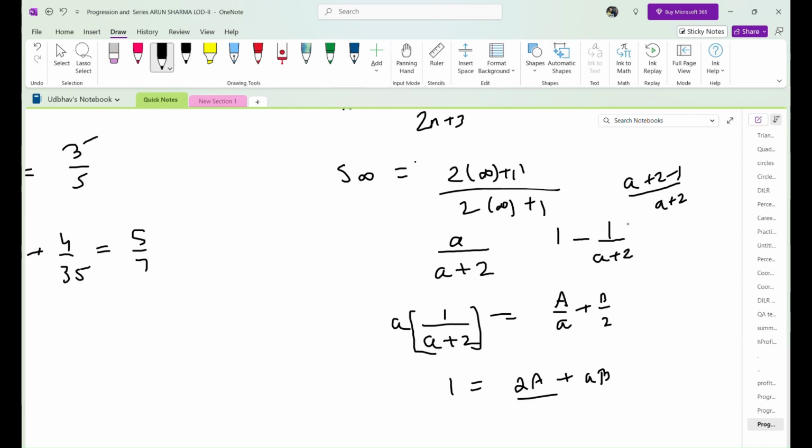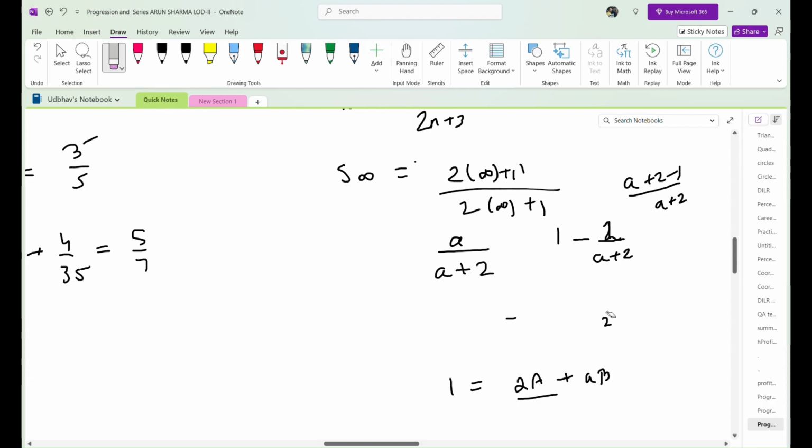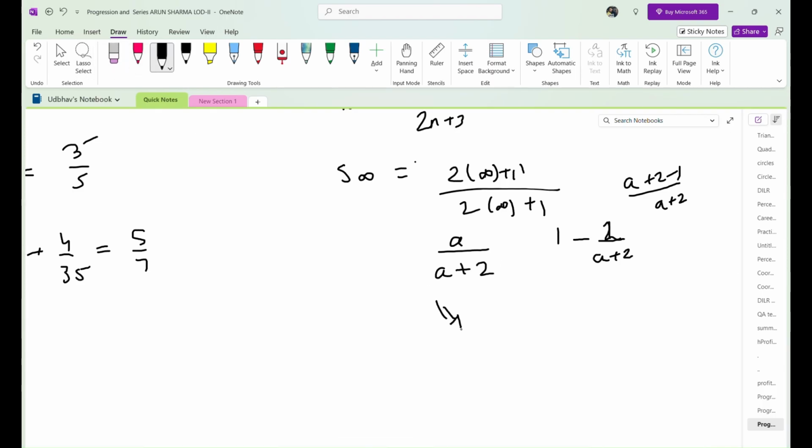We are getting 1 extra. We can add 2 here. Yeah, if we want to break this, this will be 1 upon this,